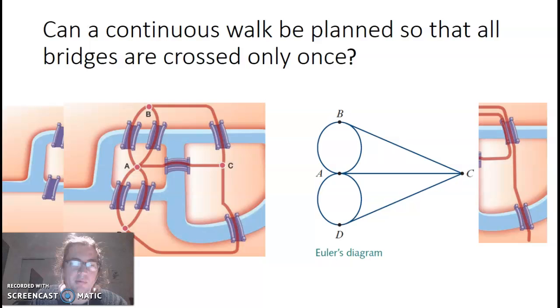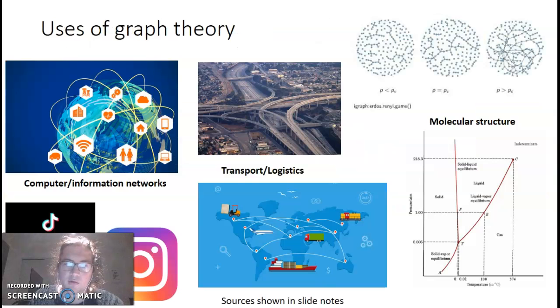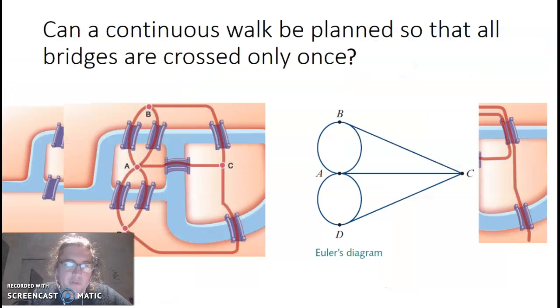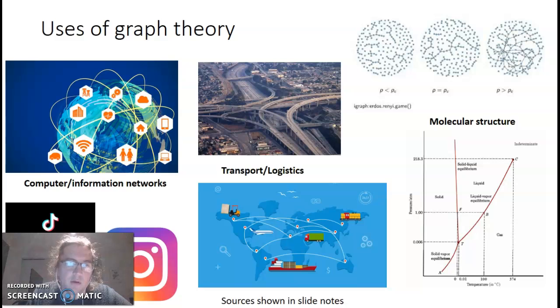some amazing applications. Okay, so what Euler did is he used mathematics, and he reduced the problem from being a town to being something like this. This is what we see a graph as today. Basically, as I said, some dots and lines which are connected. And so through Euler, this graph theory and the mathematics behind it has led to some amazing innovations. One of the most obvious ones might just be computer networks.